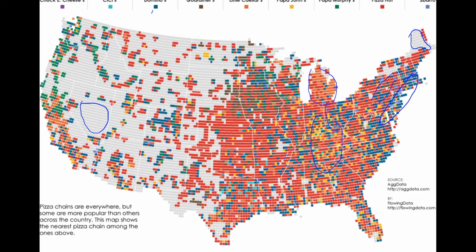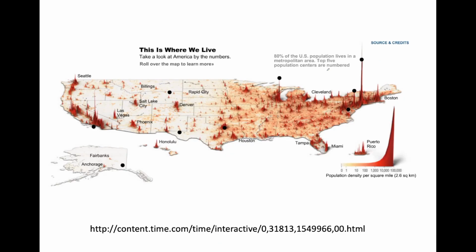So armed with this sort of information, not only do you know something about the pizza shop, indirectly, you can say something about the populations of those areas based on the demographics associated with people who typically avail themselves or partake of various types of pizza. So here's another map. Now this other map is a population map, not a pizza map, and it is